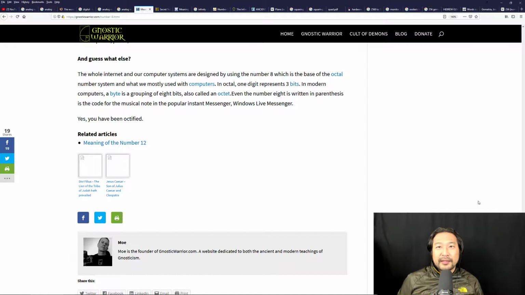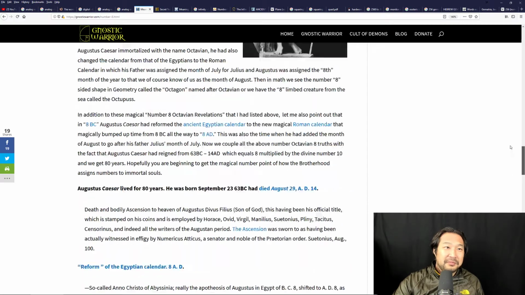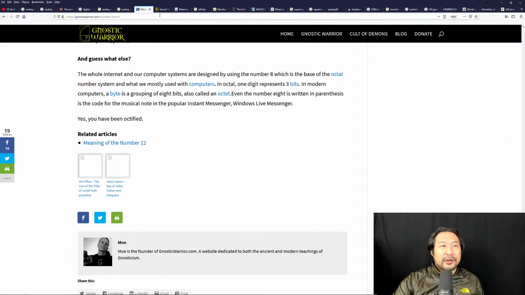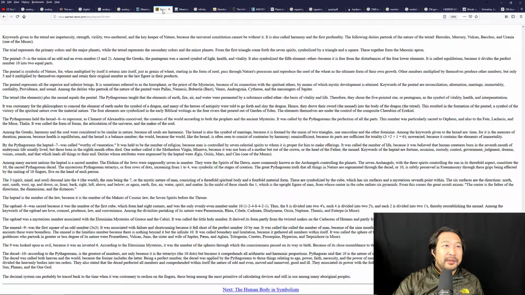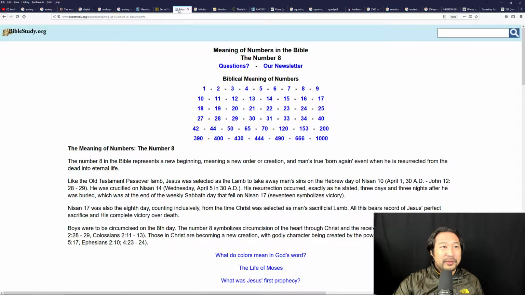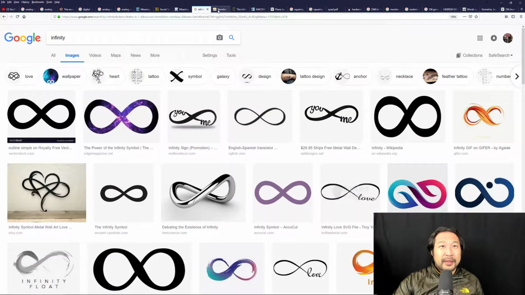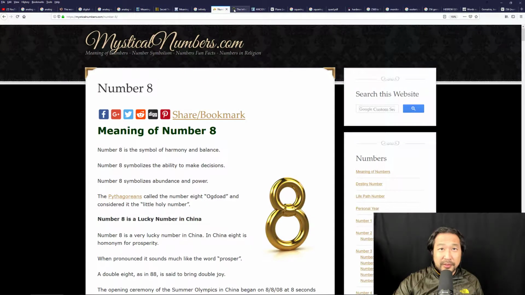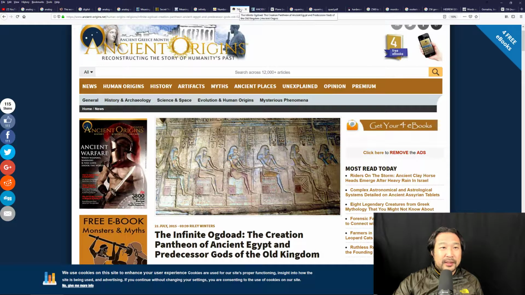Even the number 8 written in parentheses is the code for the musical note in the popular instant messenger, Windows Live Messenger. Now that part I did not even know. That's pretty interesting. Probably they're using the octave. Okay, so I'll go over the GnosticWarrior.com about the number 8, and SacredText.com with the number 8, and even the meaning of numbers in the Bible, the number 8. And there's even more, where mysticalnumbers.com, number 8, and ancient origins when we start going into the Ogdoad, and